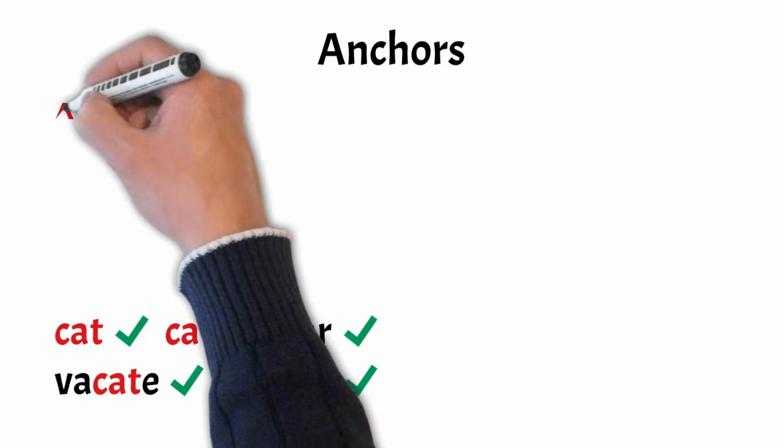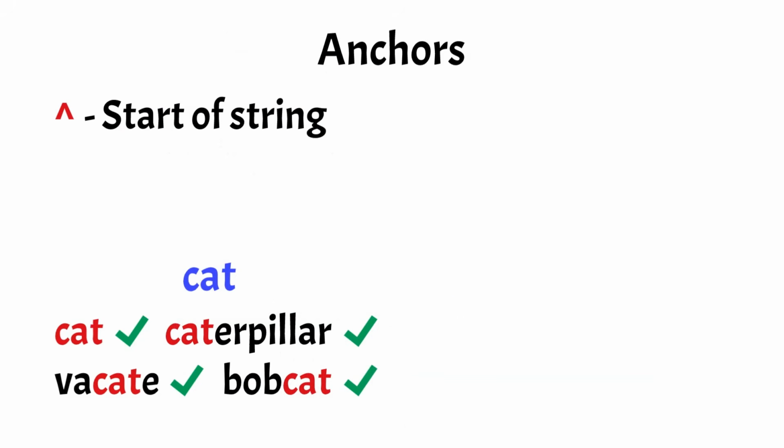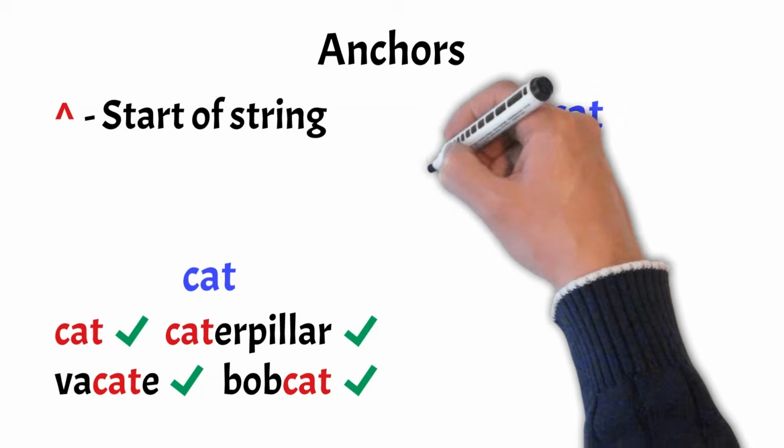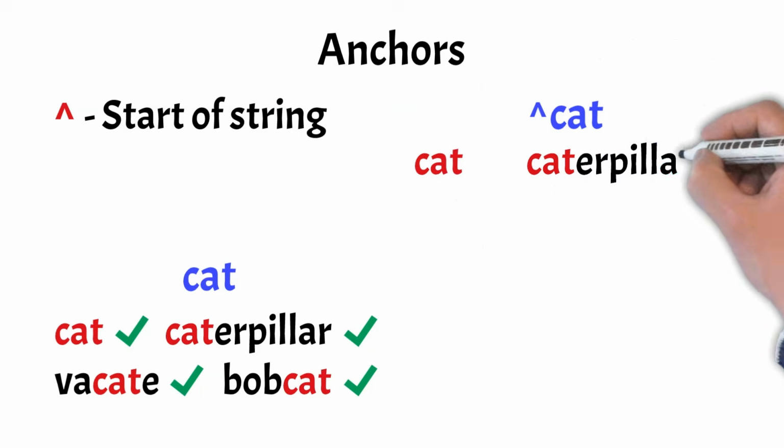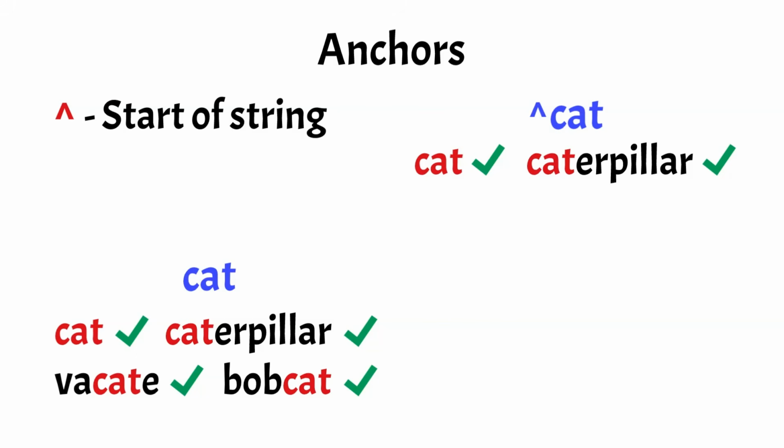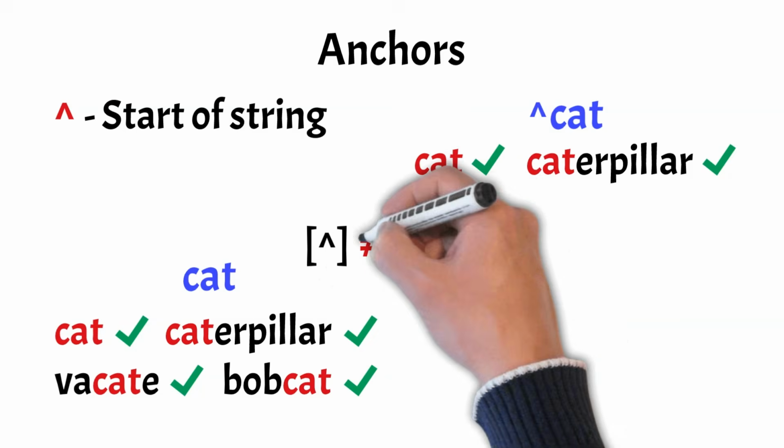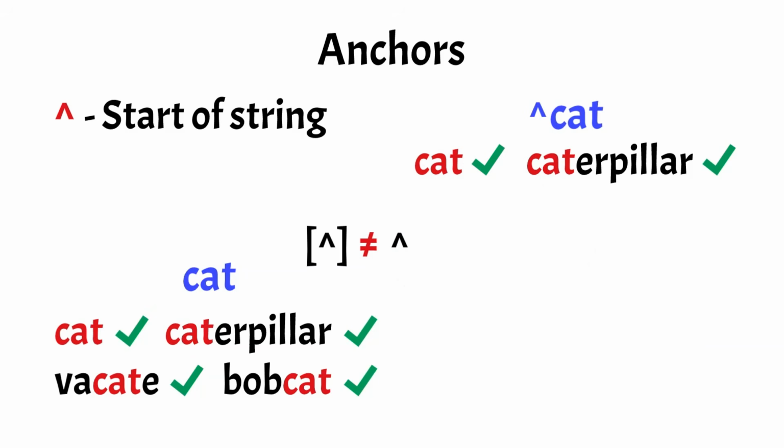The first is the caret symbol, which anchors your pattern to the start of a string. Searching for cat using that anchor filters our list down to only cat and caterpillar. Just note a quick rule change. As you can see here, the caret symbol behaving as an anchor is completely different from the inverter caret we used inside square brackets. Here it doesn't invert any logic, but rather